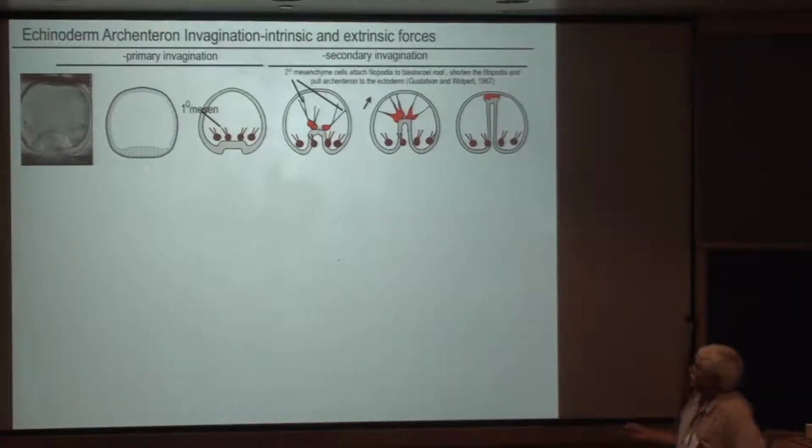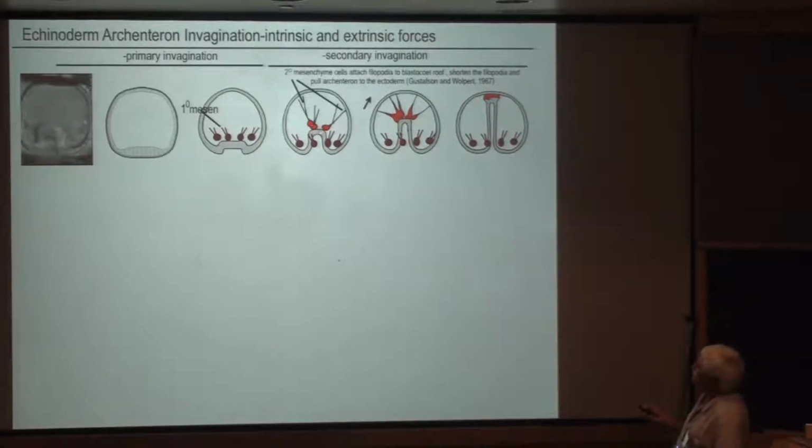Sea urchin invagination. The epithelium of the vegetal plate bends in and it forms the gut, and while that happens, these primary mesenchyme cells crawl out of this vegetal plate here. It's a monolayered epithelium. It's got matrix on the outside. And these mesenchyme cells, they'll crawl around and make the skeleton, which I haven't shown here. But then partway through this,